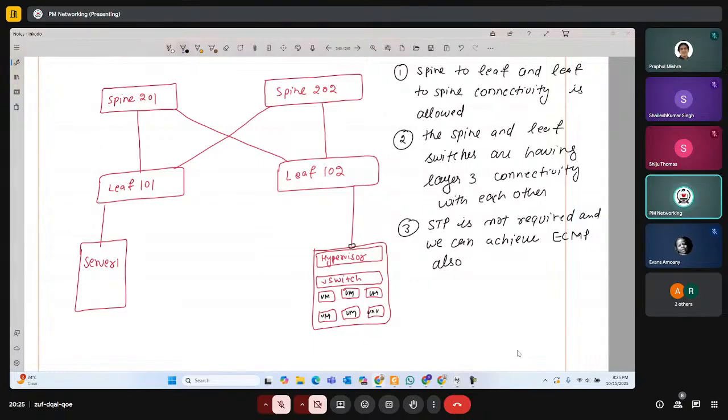And we are running layer 3. Because of that, I would be able to use routing protocols, and we can achieve equal cost multipath. Then, as I gave you an introduction in the last class also, in this case, we have